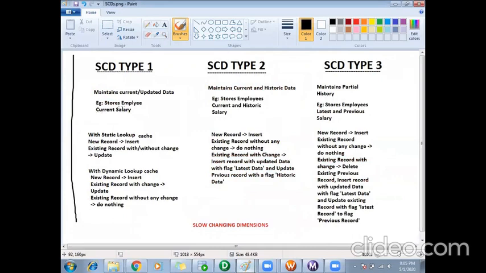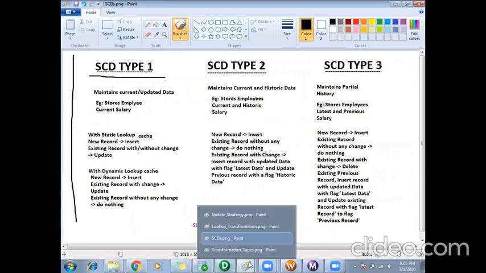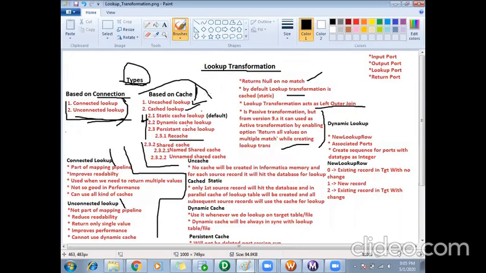When I explain SCDs, I'll explain what is static lookup cache and what is dynamic, because to implement SCD types, we need the update strategy and lookup. That's why I have explained those two today. Then we'll come back again to lookup based on caches.